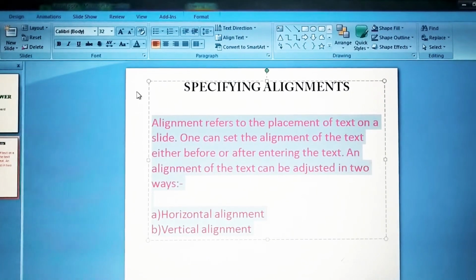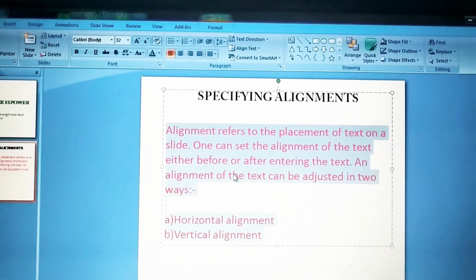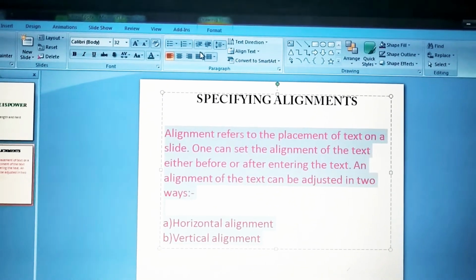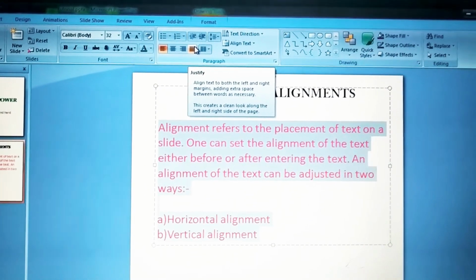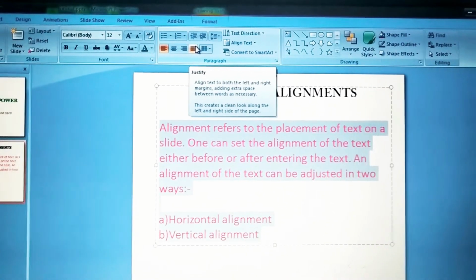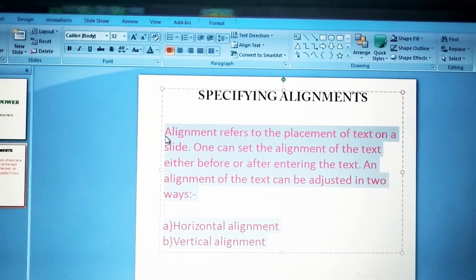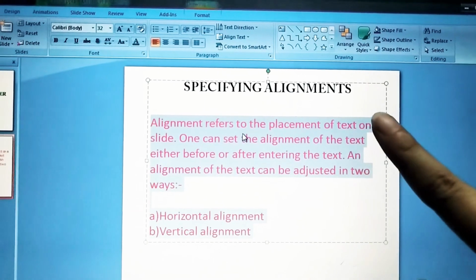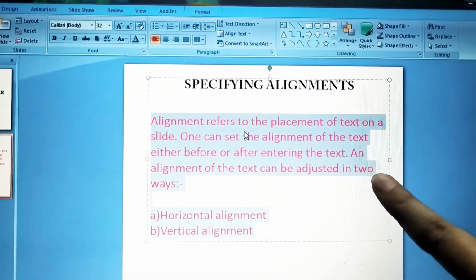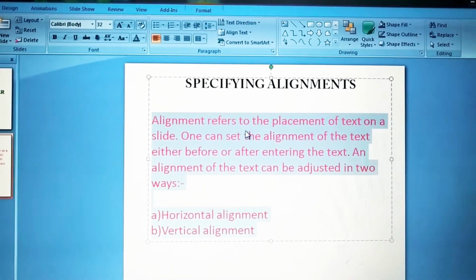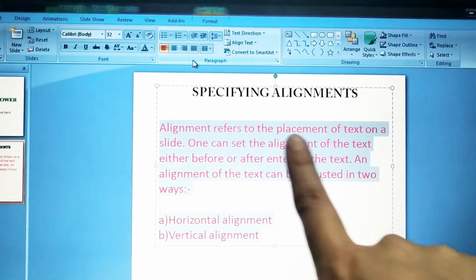So students, now I will tell you about justify alignment. What is meant by justify? We have already read here that justify aligns the text to both the left and right margins. That means whenever I will click on justify button, so here you can see first of all these zigzag lines or these lines are not proper. And the space is also very less in between two words.